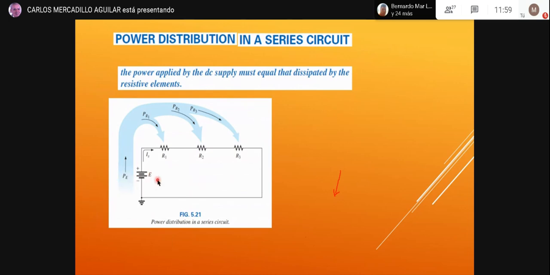This is a big power. You can see by the width of this line. This is supplied to each one of the resistors, and it will be